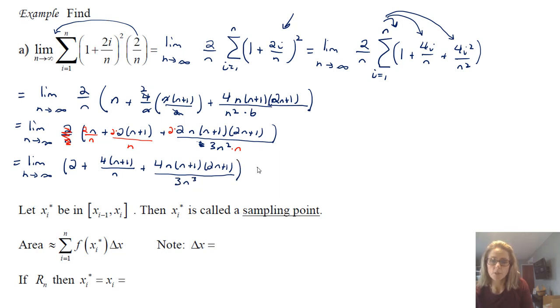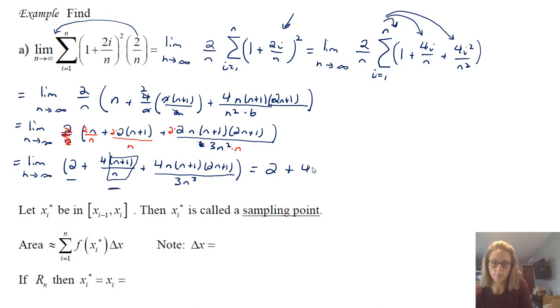Okay, and so now I'm ready to take my limit, and what I want you to see is that you're taking the limit of n plus 1 over n, and that's like what we did in section 3.4. Those have the same degree, and so because of that, the limit as n goes to infinity is just going to be the ratio of their coefficients. Because you basically have 4n plus 4, one of them will be 4, and the denominator will just be a coefficient of 1. So the limit as n goes to infinity of 2 is just 2. That's my first piece.